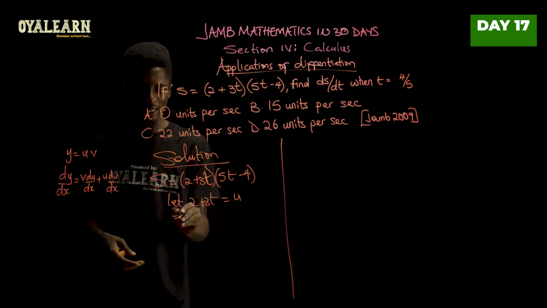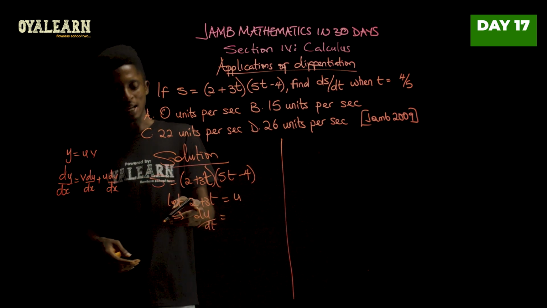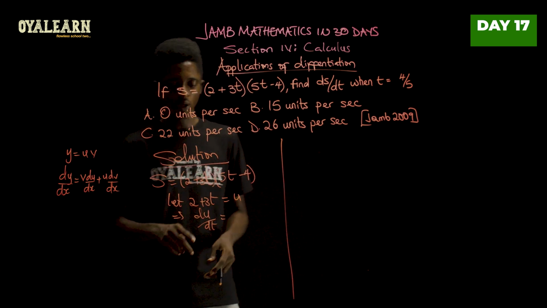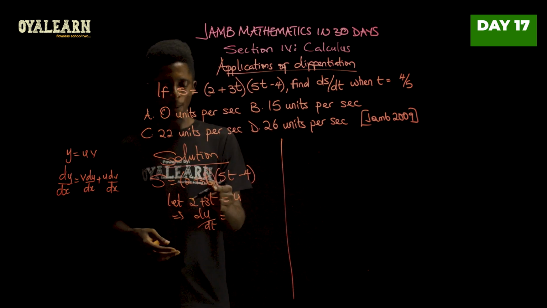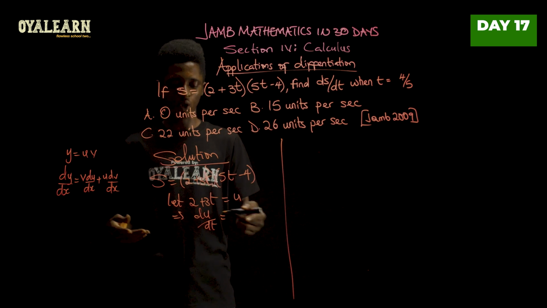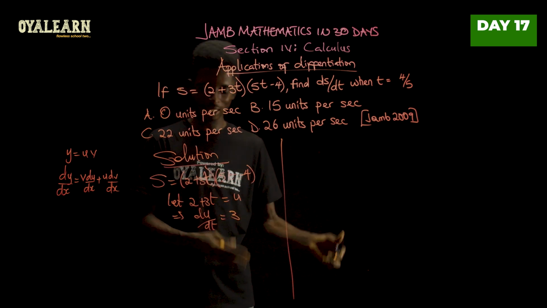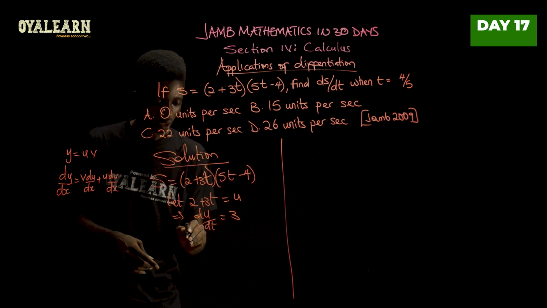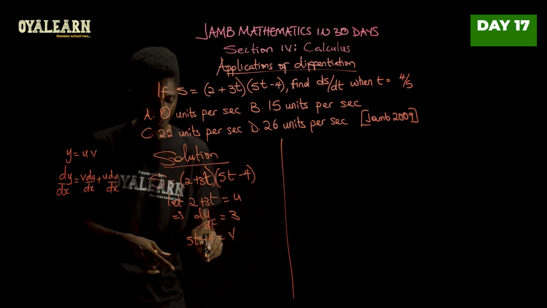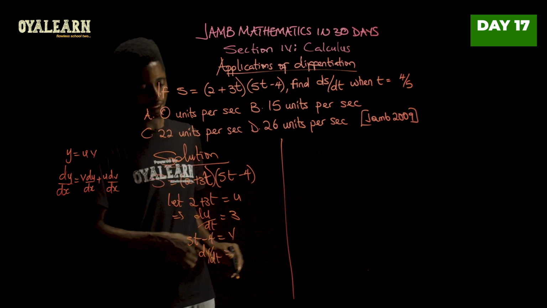And what this implies is that du/dt can be taken. In this case, if we differentiate a constant, we get 0. But when we differentiate 3t, you know the power here is 1. So 1 minus 1 will give you 0, and 3 raised to the power 0 is 1, and 1 times 3 will remain 3. So du/dt is 3. Then 5t minus 4, we call that v. So dv/dt will definitely be